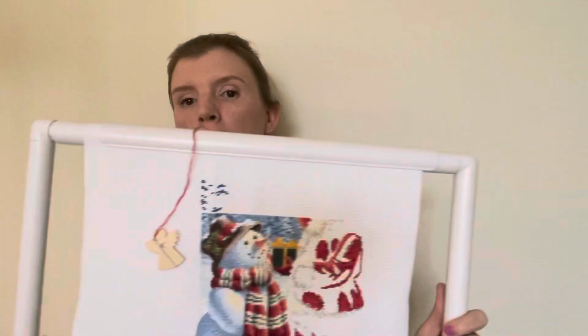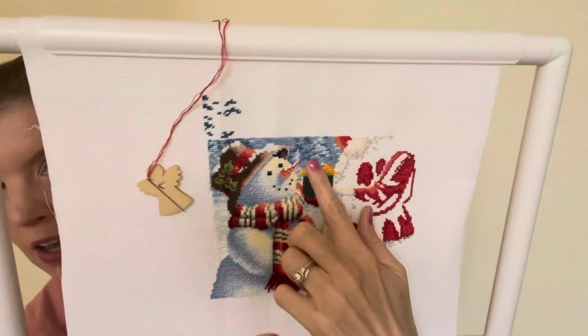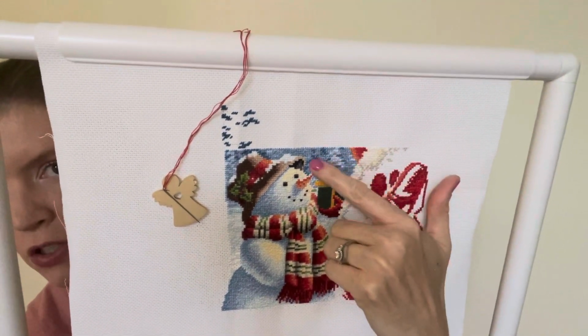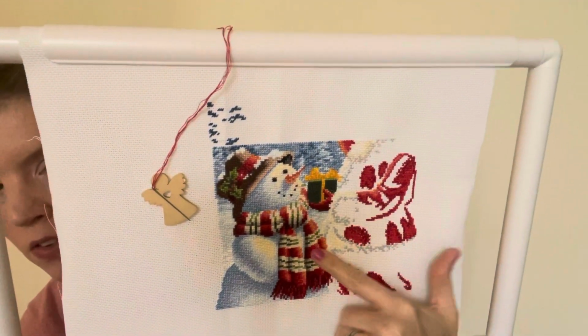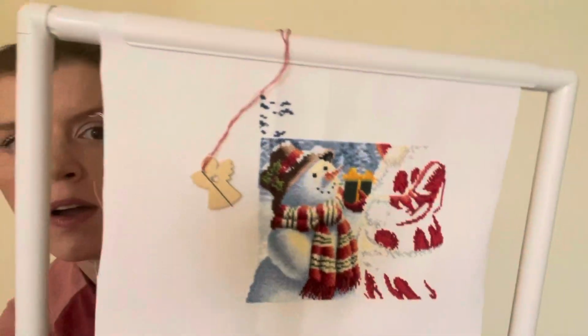So here's how far along I am now. The last time that you saw it, I think I had all this. These are supposed to be trees, and down over here for the,